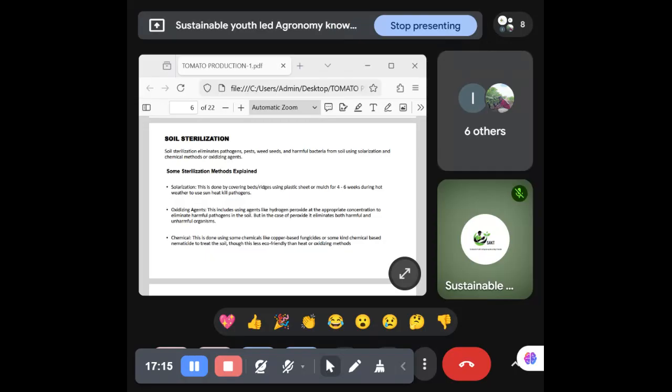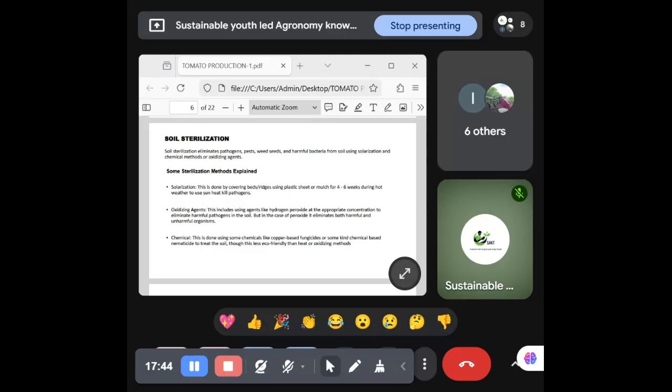in most cases, chemical approaches are normally supposed to be your last resort. So when you are not able to have access to all these ones, or you're not able to do all this, you can resort to chemical. And so that's why I put agents like hydrogen peroxide as the second there. Peroxide on its own is eco-friendly, just like the